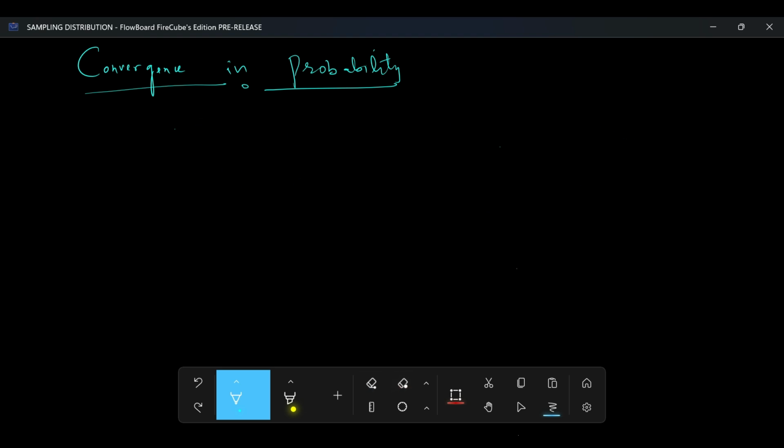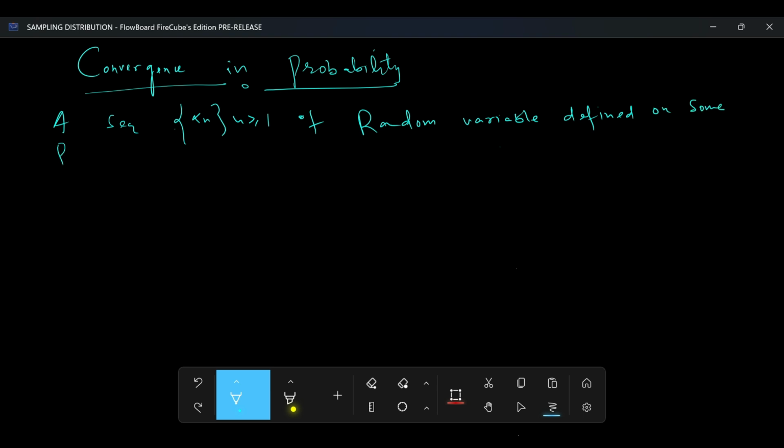So a sequence X_n, n greater than or equal to 1, of random variables defined on some probability space, that is omega with a probability measure and a field, is said to converge